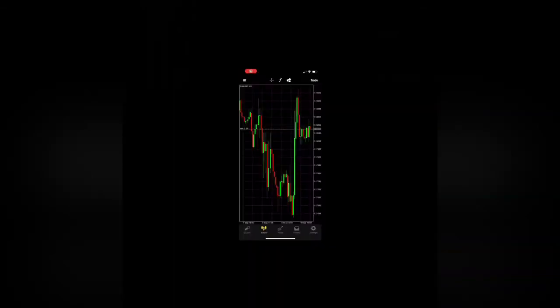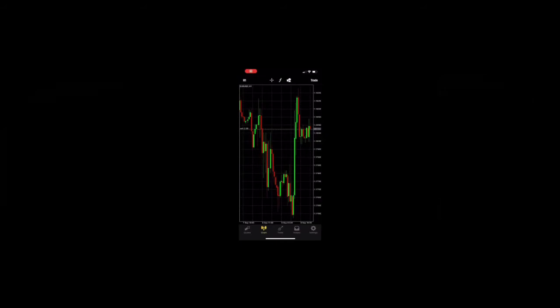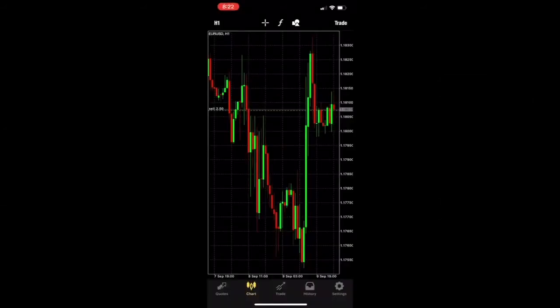How to close a trade on mt4. If you want to close a trade on mt4, now we have a trade running on Euro USD 1 hour time frame, and on the left hand side you see 2.50 lot size running. So if you want to close this trade, we'll click on trade at the bottom of the screen there, then